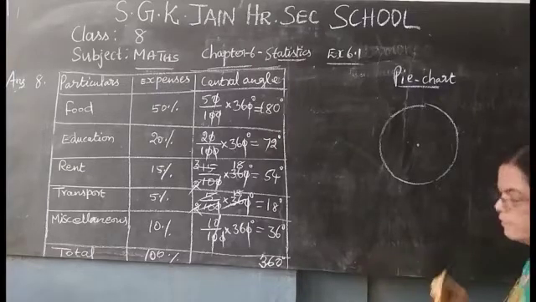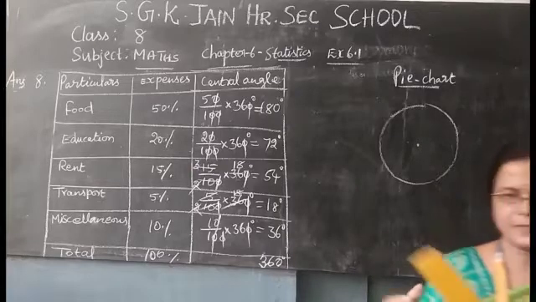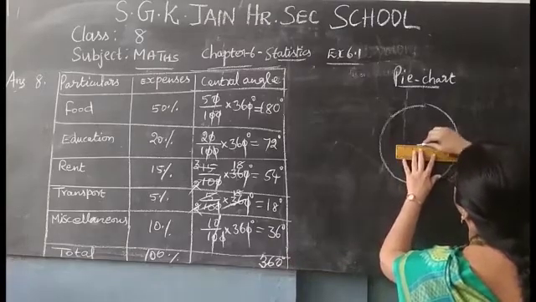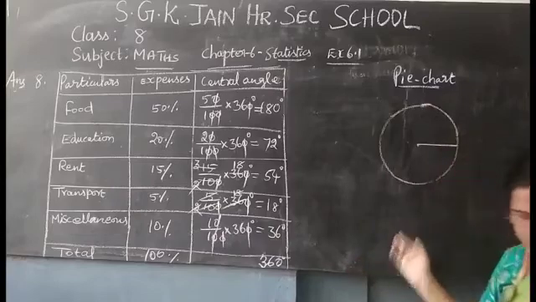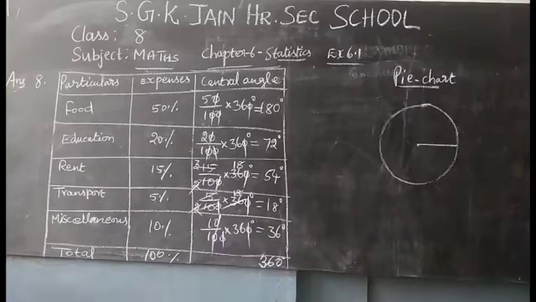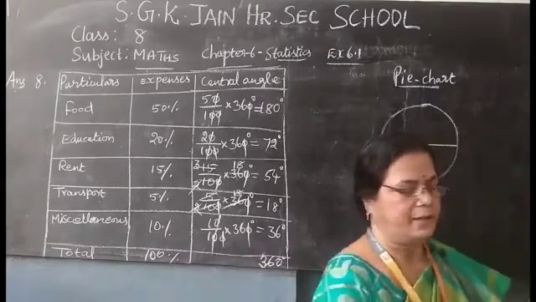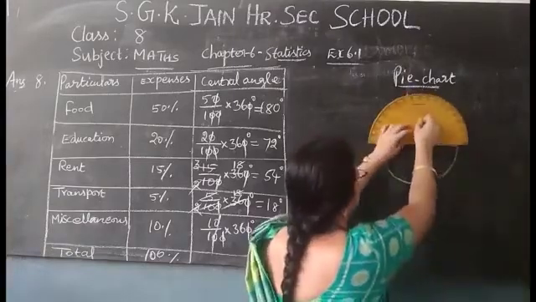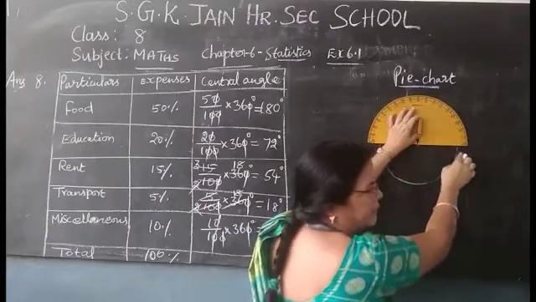Before that, for drawing the angle, we need the base, isn't it? So for that, we are going to join these two. That is nothing but the radius. Okay, take the base line like that. And now you are going to take the protractor, isn't it? See how I am using, listen carefully. See, the midpoint you are going to keep, and here the black line should be on this line itself.